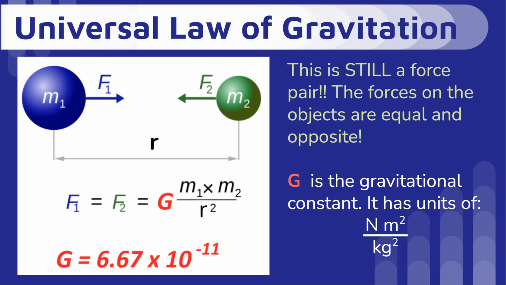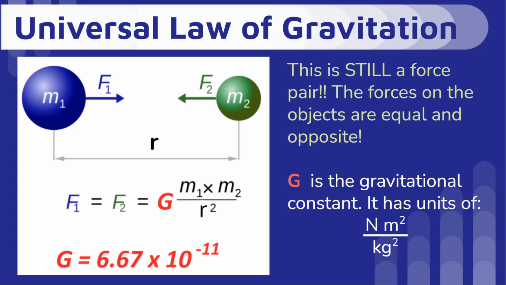And it has some really complicated looking units. I put the units over here: newton meters squared per kilogram squared. When we look at those units, that tells us a couple of things about the units for the numbers we need to use in this equation. Whenever you plug into the universal law of gravitation, which is capital G, our constant, times M1 times M2 divided by the distance of separation squared,